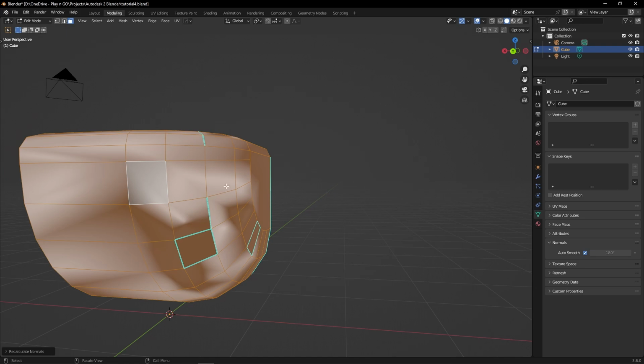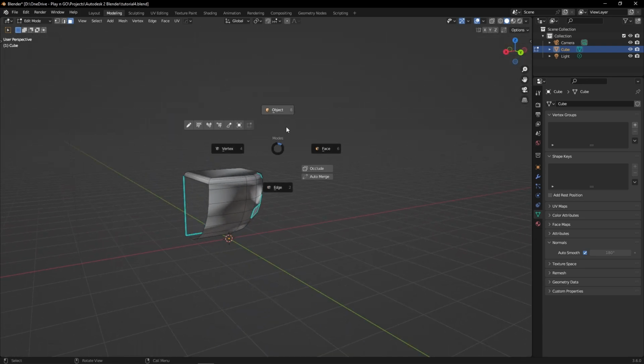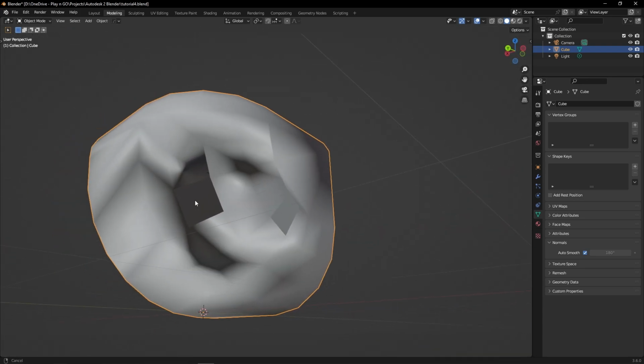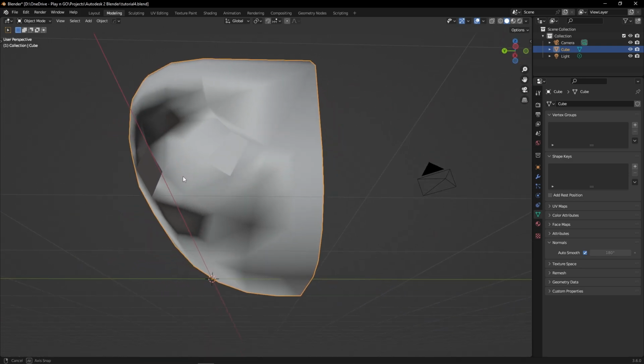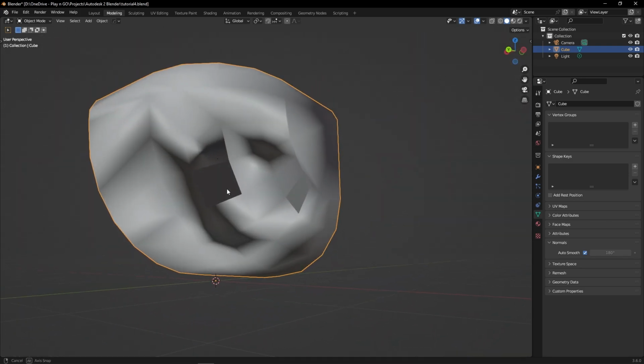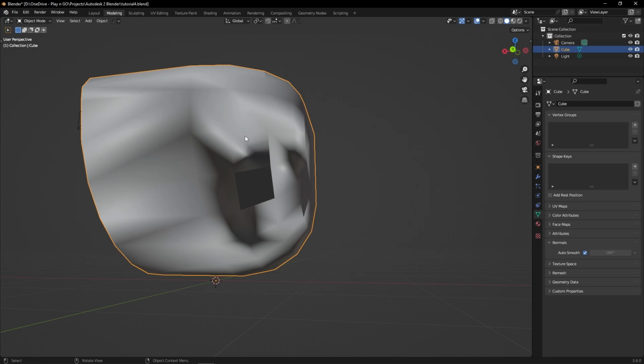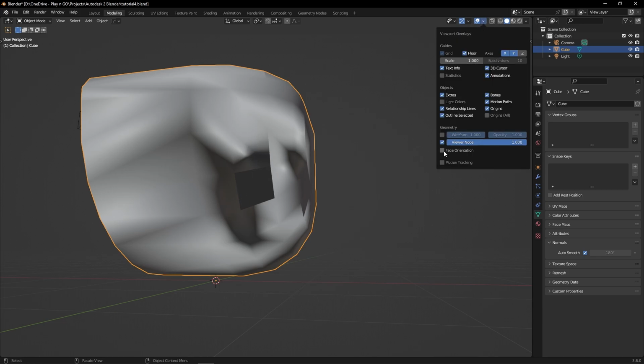Now if I press Shift N, it will point outside. These shading errors, of course, happened because I had all those freaky hard edges and everything. And now if I look at this like this,